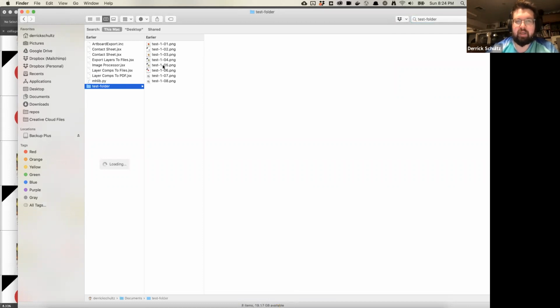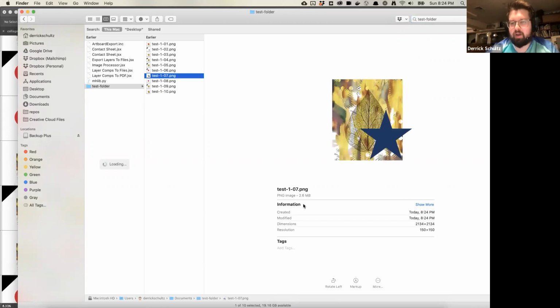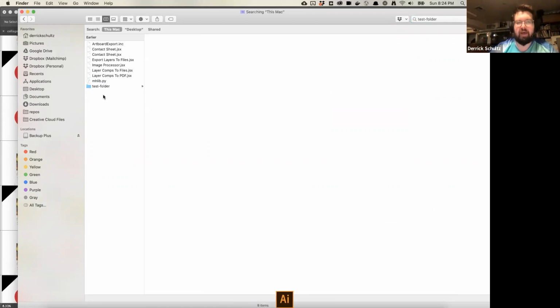So it's actually generating each of these as a PNG. I could do it as a JPEG, I could do it as whatever. Oh, and you also see that it actually doubled my resolution. So you could maybe do this at a lower resolution, which may be better for you, and then just double it using exports. But this is a way to now generate all of these artboards iteratively while also still having access to them in Illustrator to edit them individually if you wanted to.